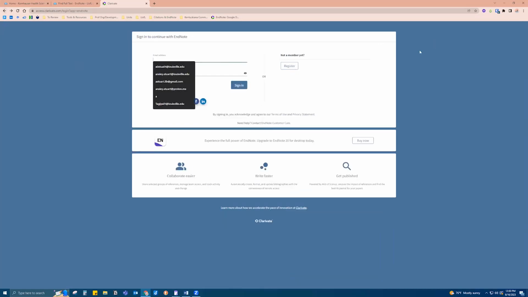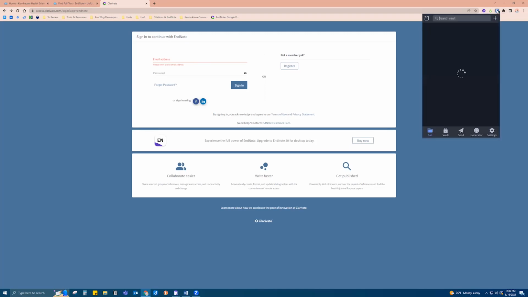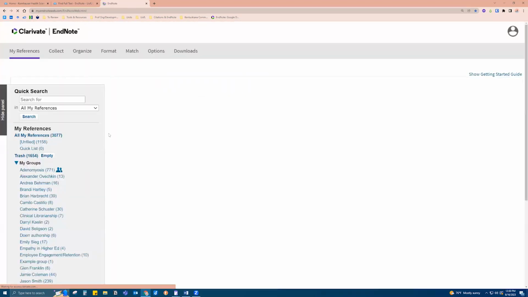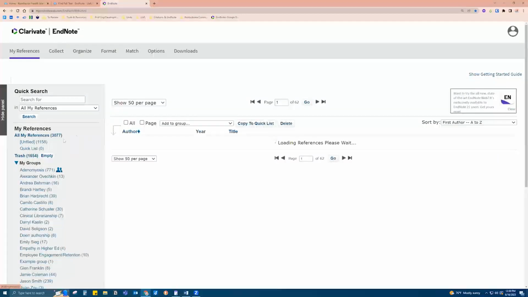And then you will get the email that says, verification that you registered with EndNote Online. And you will come back, once you do that verification, you'll come back and actually log in for the first time. So we'll click sign in here. And you'll see mine quickly auto-populate with all the 3,000 plus references that I have in my EndNote library. So here you can see the 3,000 plus